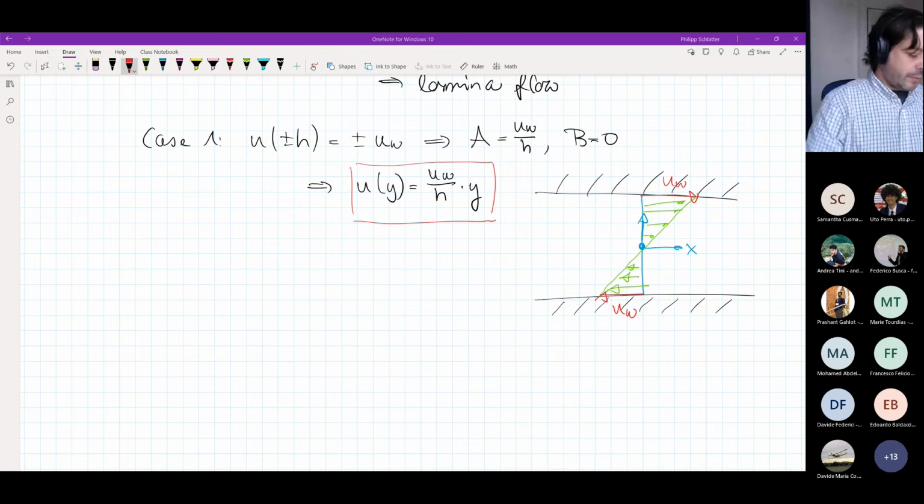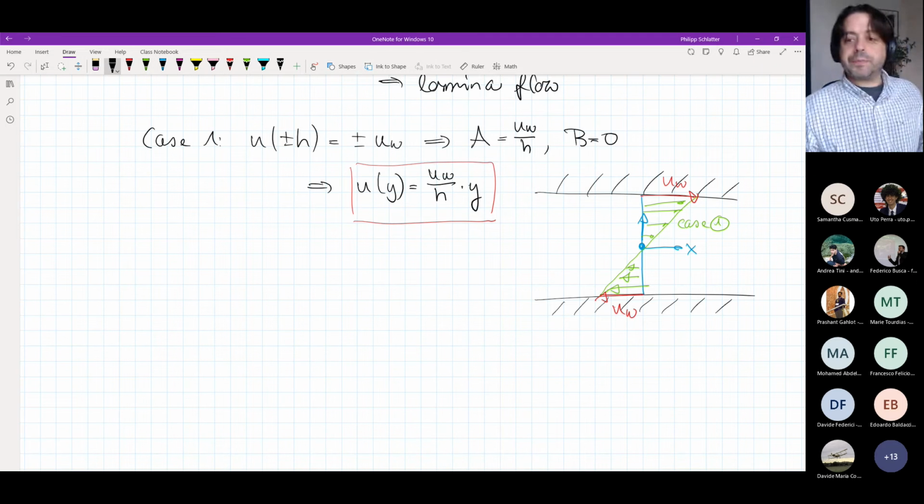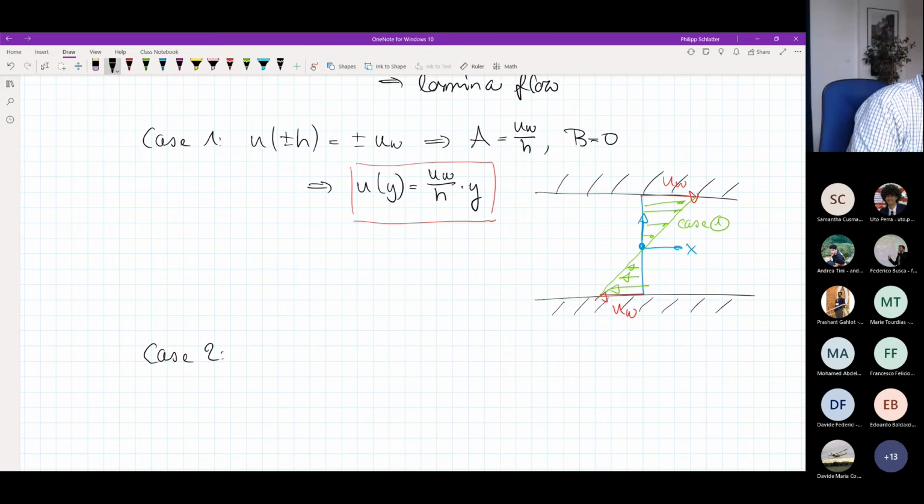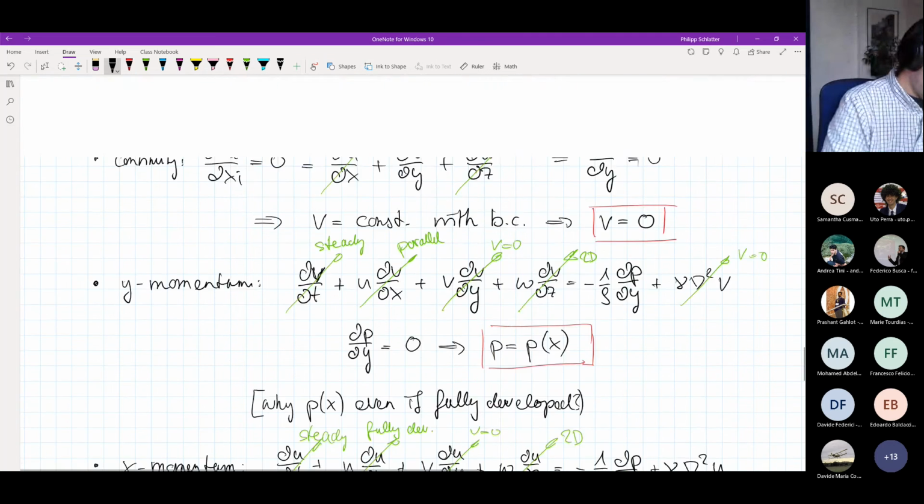Okay, so welcome back for the last hour, the third hour of this first lecture. So we have now just talked about how to solve case number 1, where we got this very nice velocity profile. We can say that this is the solution for case number 1. Of course, now the question is, what would be the solution for the Couette flow if we had looked at case number 2? Again, just to